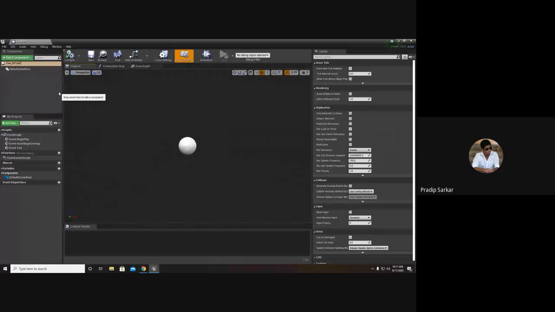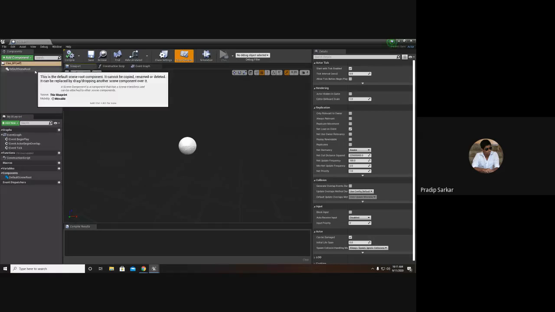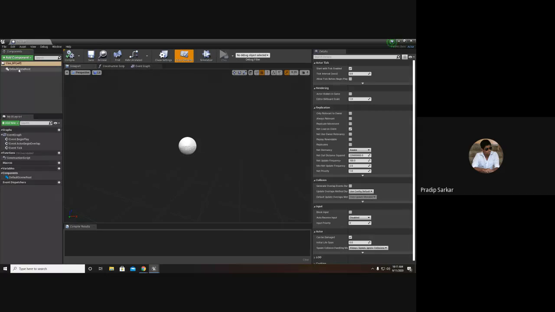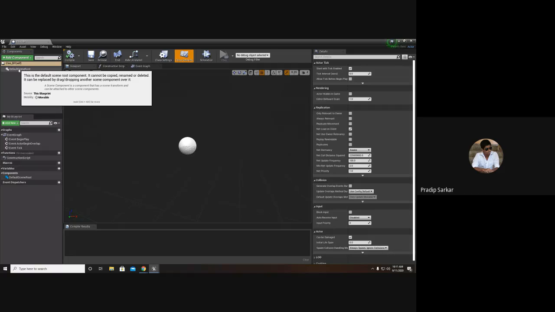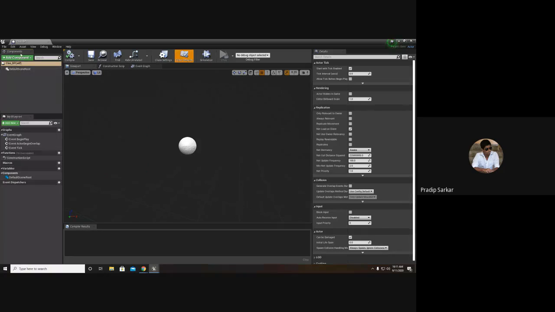In this blueprint editor, first we have the menu bars. Below the menu bars, we have the component shelf. Beside the component shelf, we have the toolbars, and below the component, we have the blueprint, events, graphs, functions, variables. All those things are here. And on the right hand side, we have the details panel.